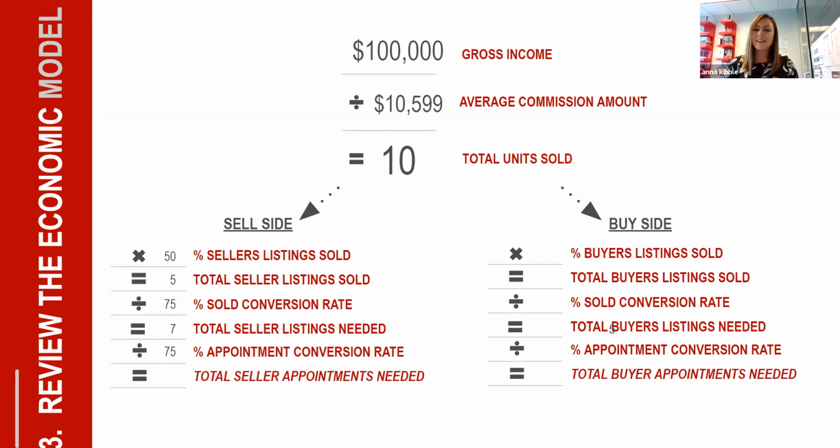So this says that if we go down this side, we actually need to go on about 10 listing appointments this year, right? That gives us the opportunity to say no to somebody who's maybe unreasonable about where they want their price to be, or to go out on a limb on a listing that isn't a slam dunk and be competing with other brokers. So at 10 listing appointments, we'd take 7 listings, we'd sell 5 of them.